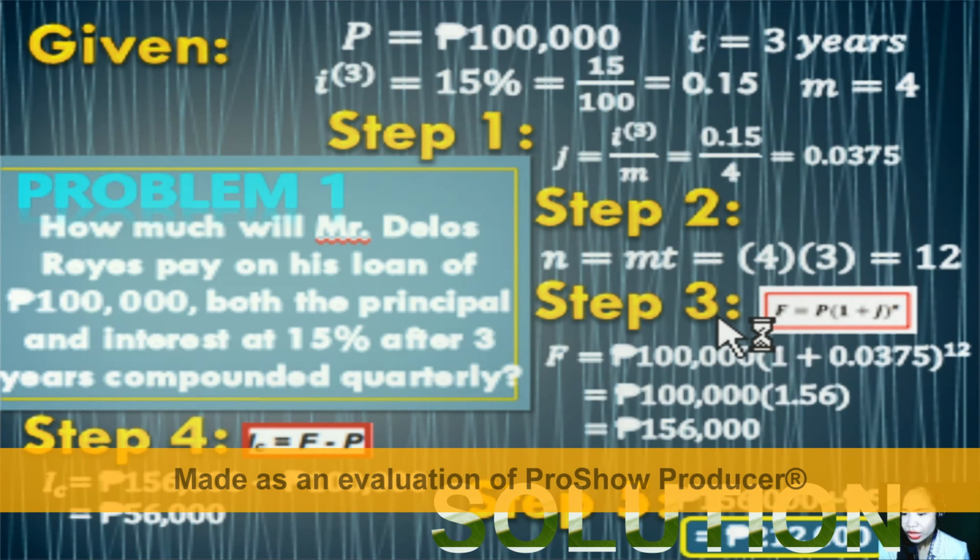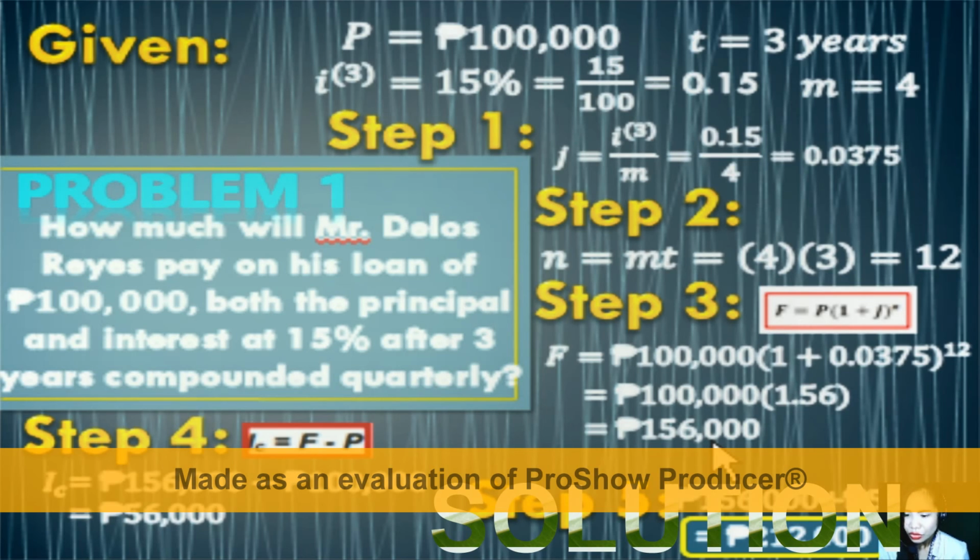In step 3, we will use this formula here. F equals p times the quantity of 1 plus j raised to the power of n. So substituting, we have now 1 plus our j, which we derived in step 1, raised to the power of m times t, which is 12. So we add first 1 plus 0.0375. After adding, you raise to the power of 12. And the answer, you multiply it by 100,000. So your maturity value is now